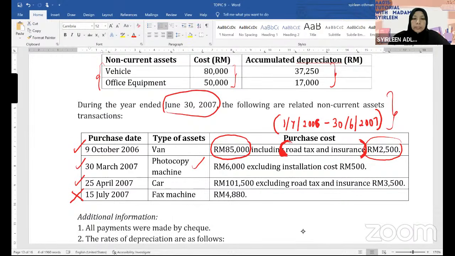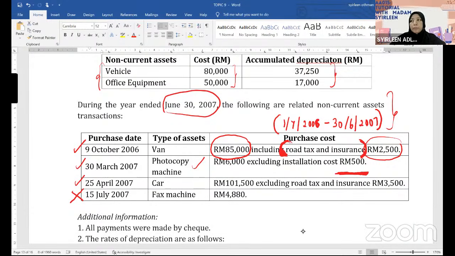Okay, 30th March, harga photocopy machine is 6,000 excluding, tidak termasuk installation cost. So kalau you tak install, you tak boleh guna aset tadi. So that means the installation cost will be included in your photocopy machine price. So nilai yang saya akan catat nanti ialah 6,500. Sebab kalau tak catat, tak boleh guna machine. You don't install, you cannot use the machine. Okay. April